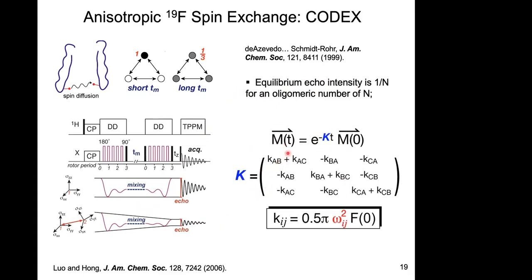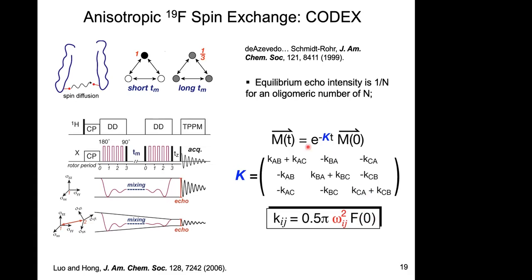And you have these rate constants, and they are analogous to the concept I talked about earlier for isotropic spin exchange, where these small k_ij's between spin i and spin j, or A, B, C, whatever you call them, are going to depend on the dipolar coupling squared, which means that it'll scale with 1/r to the 6th power. And then it's going to depend on the F0, this overlap integral, and that's again going to depend on basically how different the chemical shifts are, in this case with CSA, and then basically the chemical shift